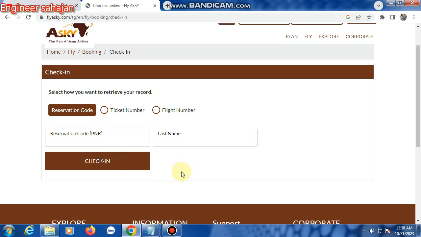Type your passport number, passport country, first name and last name here. Then select your seat: free seat, random seat or premium seat. Then finally your boarding pass is shown here. Download your boarding pass and print your boarding pass,